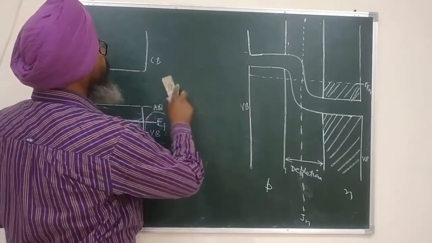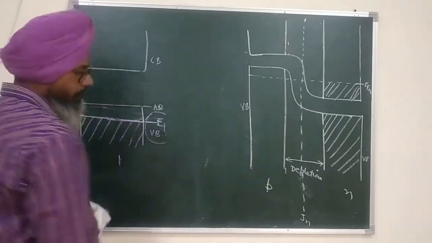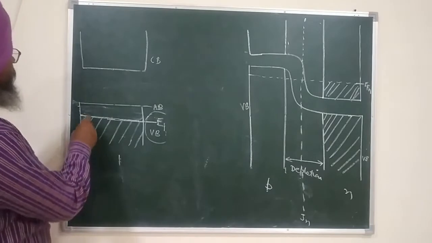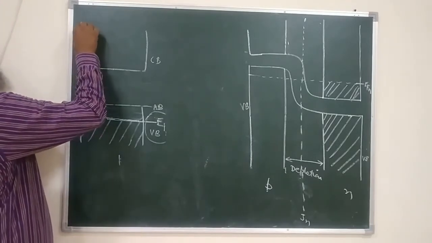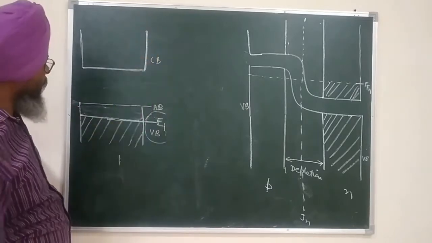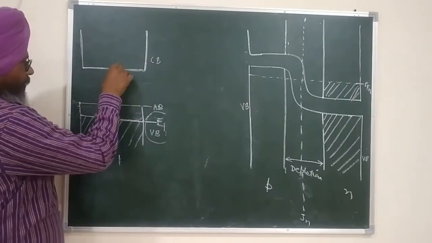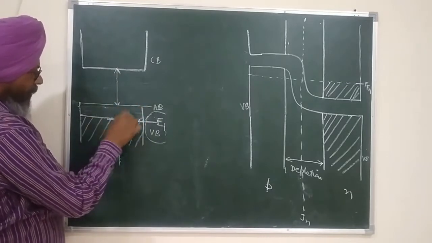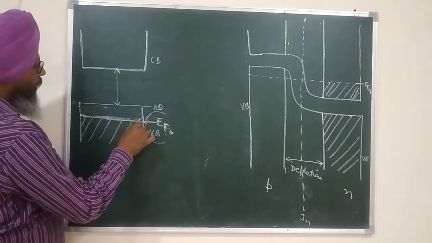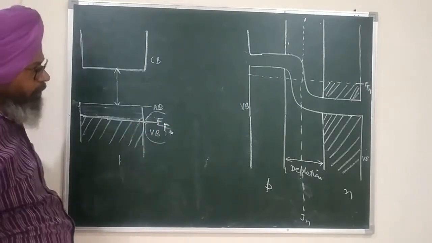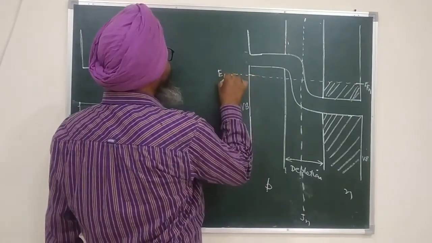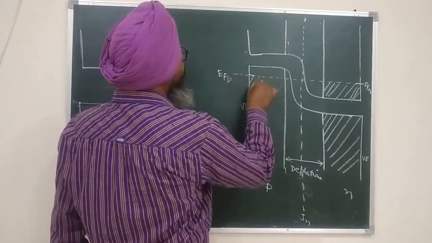Okay, so I am now removing it. Now let us take this. Please see, I will start from here. This is empty, the conduction band. After that there is the energy gap. After that there is the acceptor band. The bottom of the acceptor band is the Fermi level of P, and after that this shaded region is the valence band. Now if I call this EFP and I shade all the region below it.